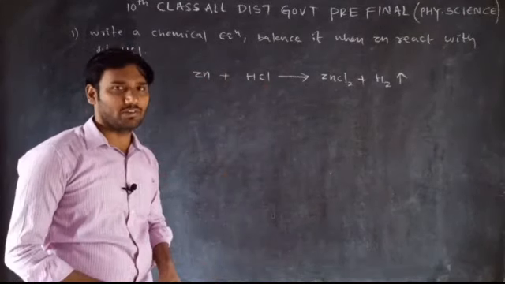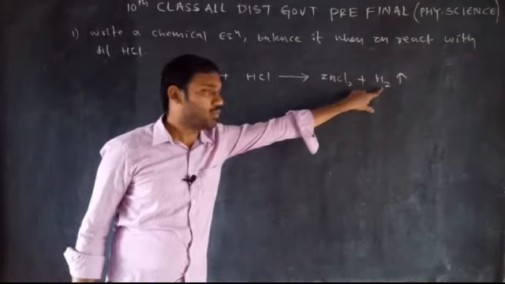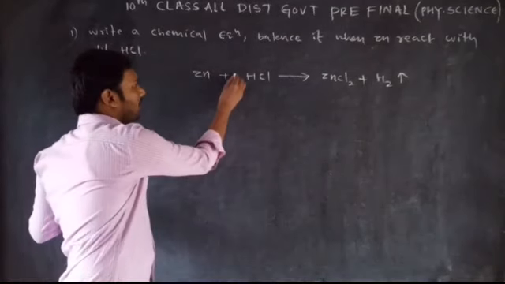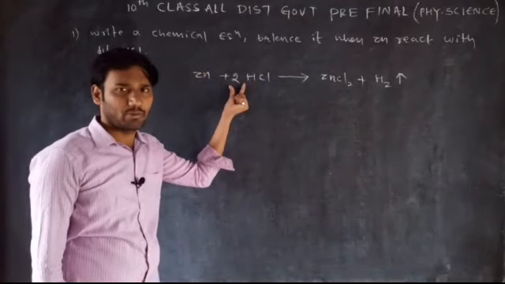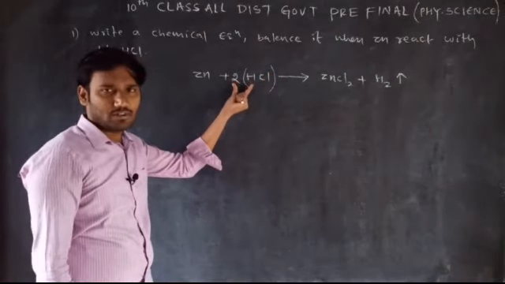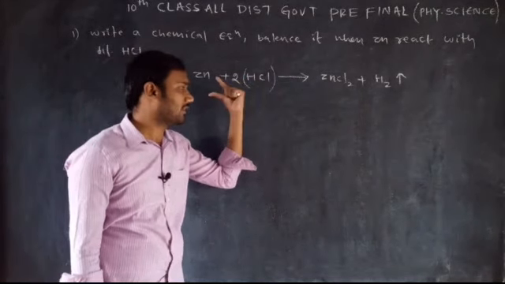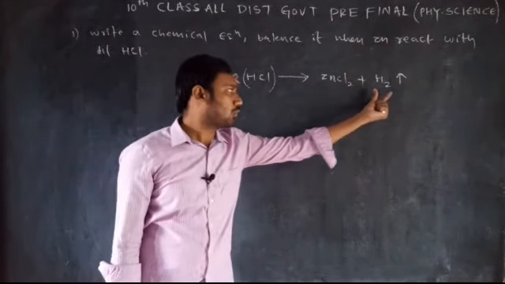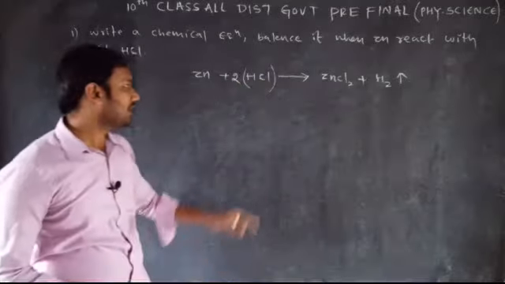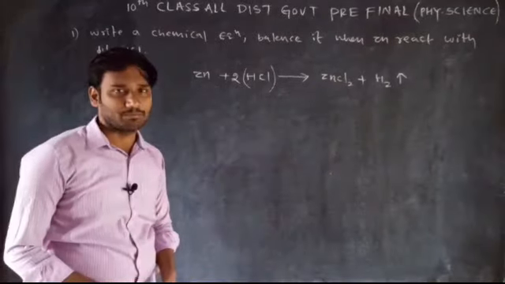Now this is the chemical equation, and let us see whether it is balanced or unbalanced. Here one hydrogen atom is present on one side, but two hydrogens are present on the other, so this is an unbalanced equation. To balance it, we multiply by 2. I write the numerical number 2 in front of the HCl, which means the hydrogens and chlorines are also multiplied by 2. So 2 hydrogens and 2 chlorines are present on the left side, and on the right side also 2 chlorines and 2 hydrogens. This is the complete balanced equation, with zinc chloride and hydrogen gas forming. This is one of the questions.